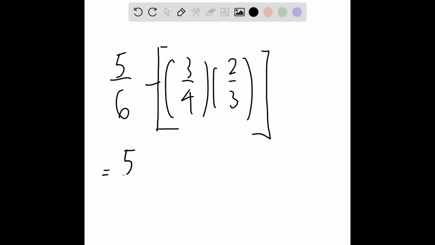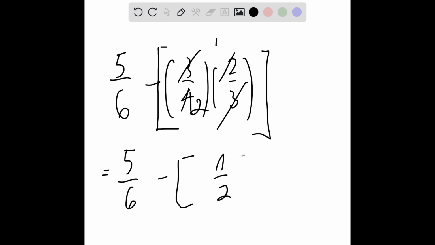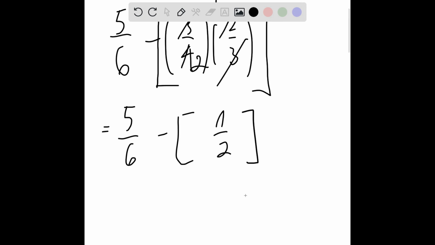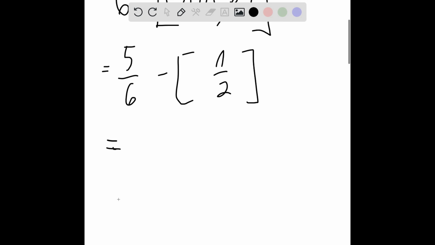So we have 5 over 6 minus 3 over 4 multiplied by 2 over 3, and then we can cancel this because it's the same number, and we can divide both by 2, just 2 and 1. So we have 1 over 2 as our answer. And well, we have 5 over 6 minus 1 over 2 now, but as you can see here, the